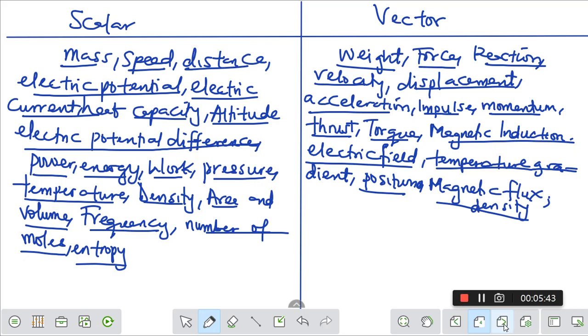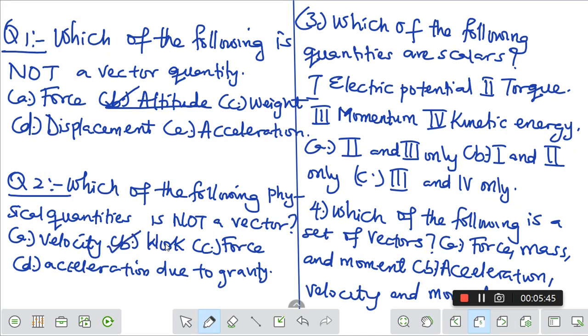So number 3, which of the following quantities are scalar? That is, which of the following are scalar? We know that electric potential is scalar. Kinetic energy, any energy is scalar. So electric potential and kinetic energy. So our answer will be